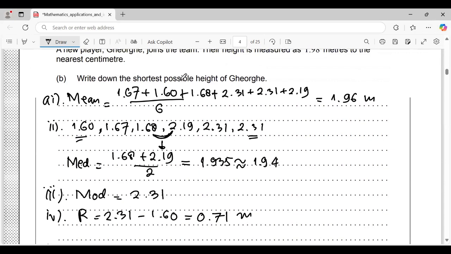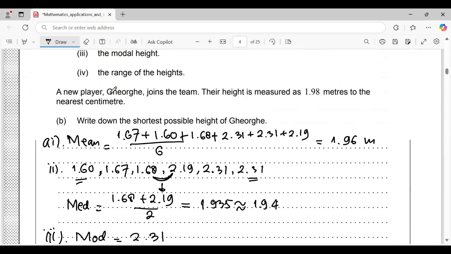Next, part B. Write down the shortest possible height of George. A new player, George, joined the team. Their height is measured as 1.98 meters, to the nearest centimeter. Write down the shortest possible height of George. The shortest possible height of George is